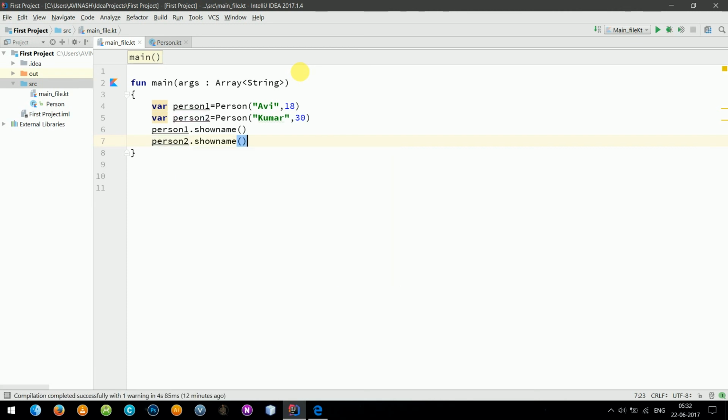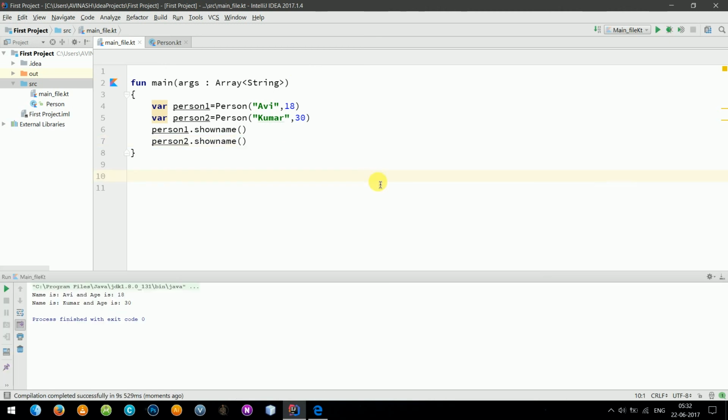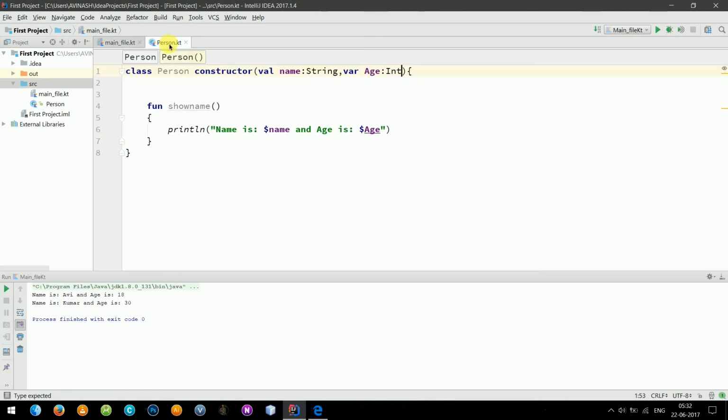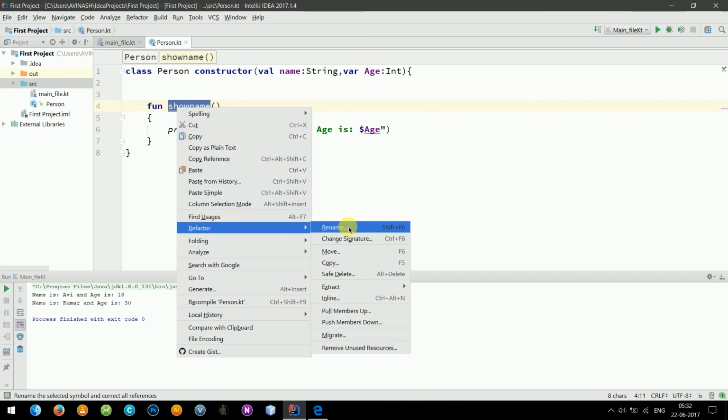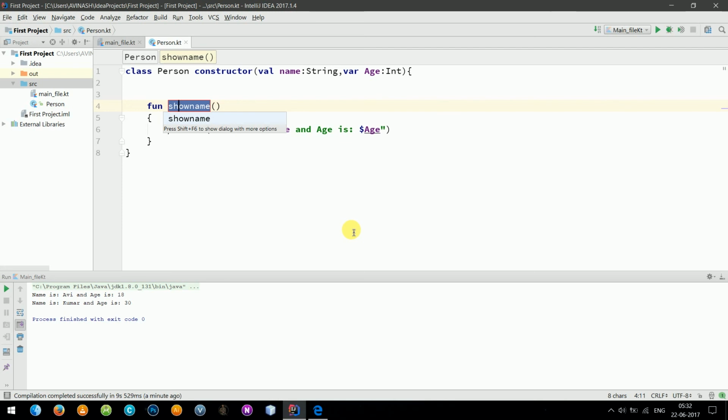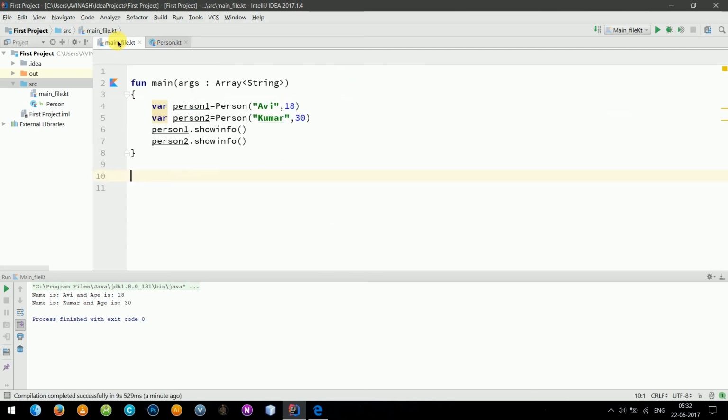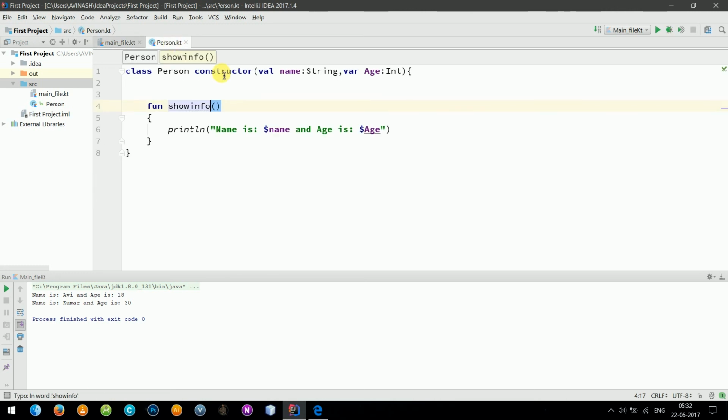Now let's run the program. So here is the output. So this was all about, let me change the name, show info. Okay, I can do this with refactoring rename. Show info. Yep. Now this was all about